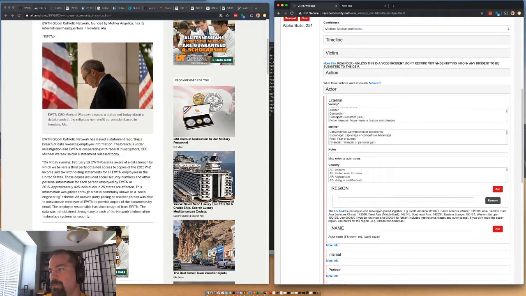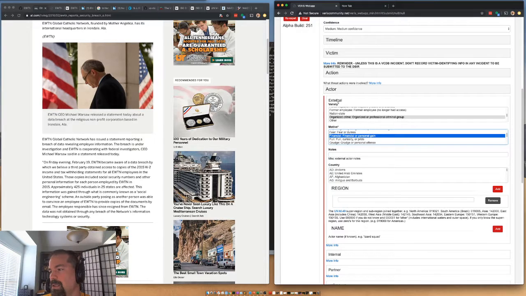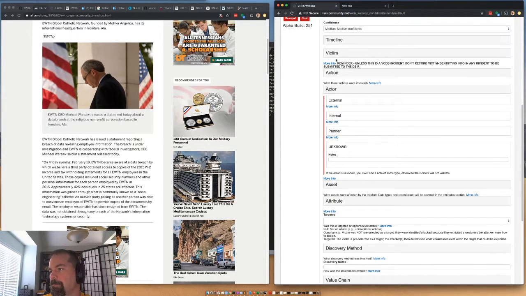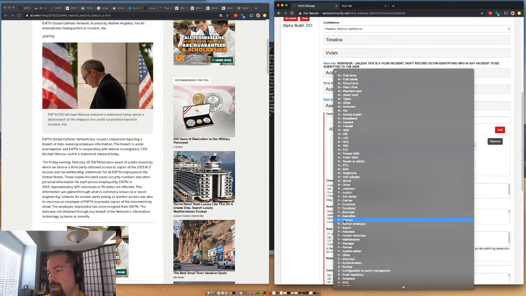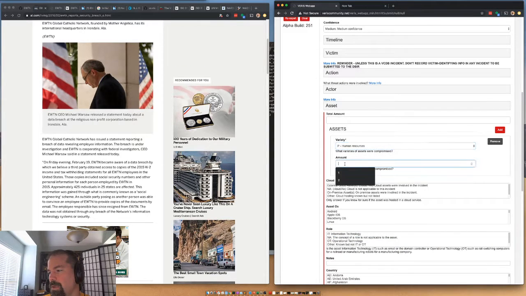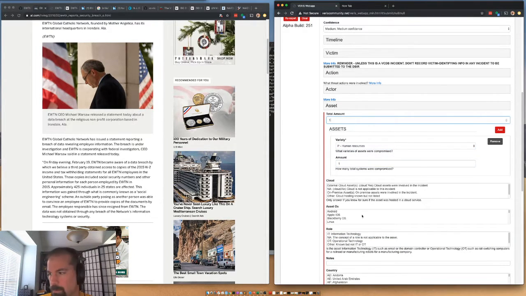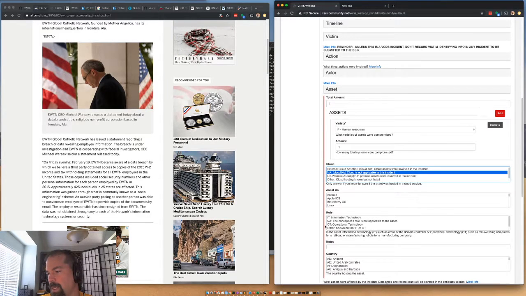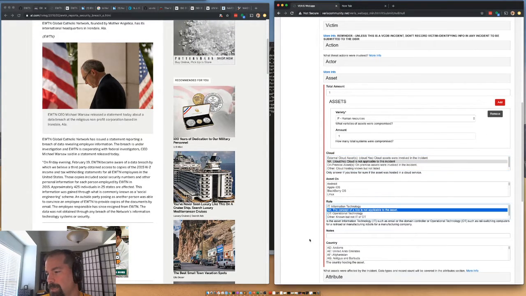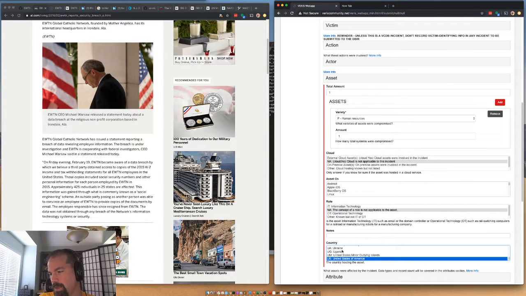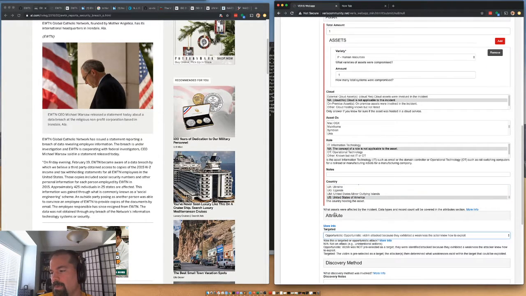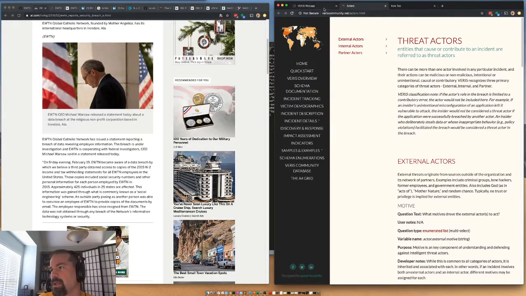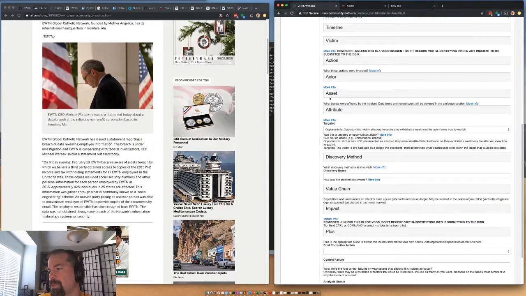The actor is external, organized, and financially motivated. We don't know where from. The asset, in this case, is a person, and HR, human resources. It sounds like one of them. And then this doesn't apply. This doesn't apply. And I'm sure they were located in the United States. Targeted. I mean, this is opportunistic. Like, they don't care. Oh, wrong button. They don't care who it was or why.